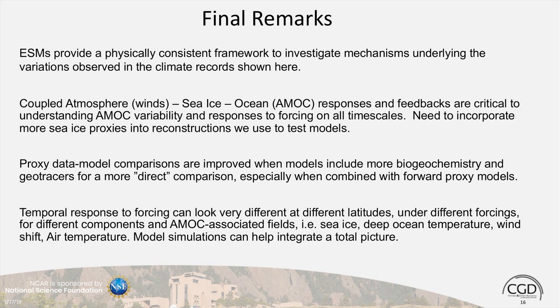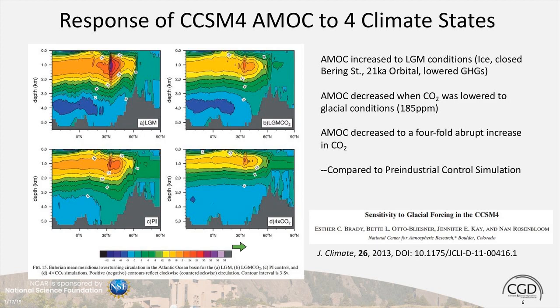I'll go back to the slide. You're talking about this, these simulations here. I think we ran the LGM on the order of 2,000 years. And yes, it depends on where you look. If you look at the surface climate, you don't see much of a drift. If you look in the deep ocean, there's drifts. It's just so difficult to run the deep ocean to a full equilibrium. And so, yeah, I would be happier with more years.